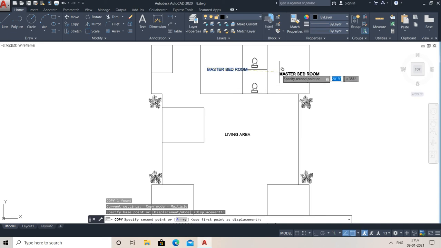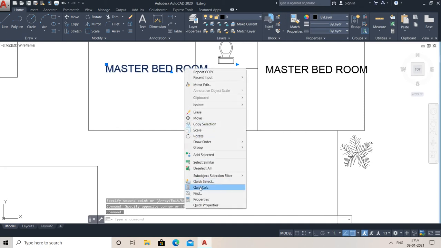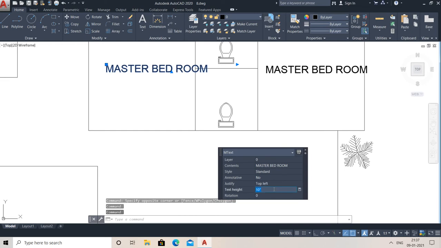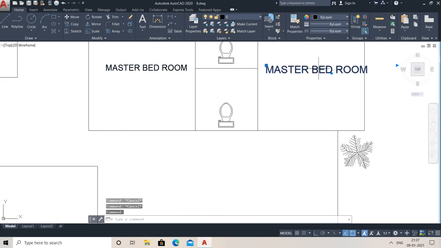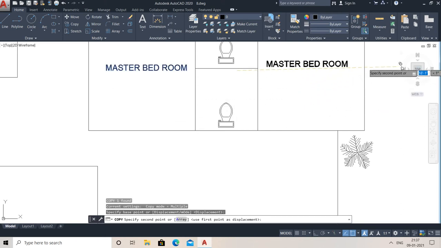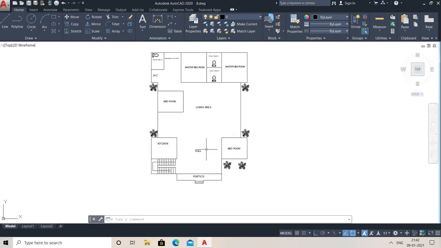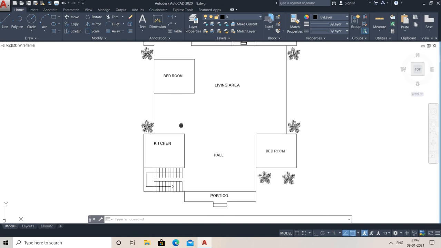So the same thing would be here, and if you think that text would be quite large, now select it. Now back right click, go for the quick properties, this 10 inch should be 8 inch. See the things. Now delete this, now go for the same thing, copy. So I hope you have understood the logic of how to do this. So you can see I have added my text, right?